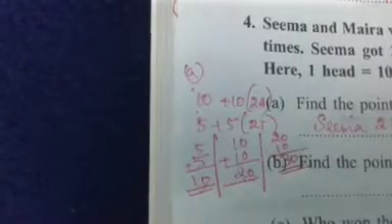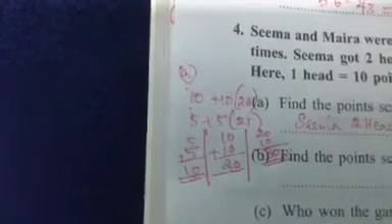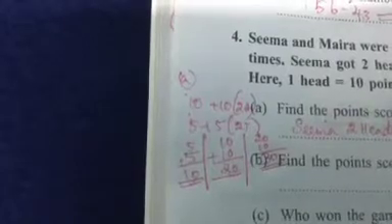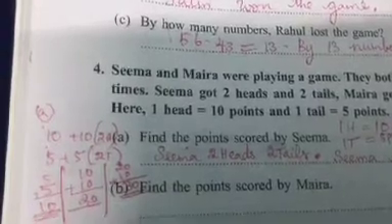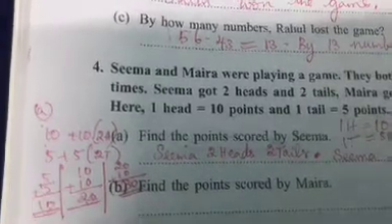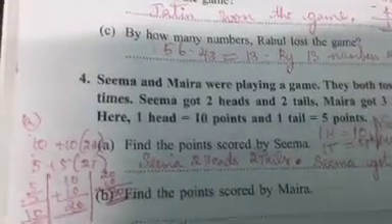Okay, here this is a problem. 10 plus 10 is 2 head. 5 plus 5 is 2 tail. So now in down I did the steps of the sum. Okay, 5 plus 5, 10, 10 plus 10, 20. Next you have to total the answer. Okay, 20 plus 10, 30. Do you get it, children? Take a pencil and write. Okay, write neatly, ma'am. The other way, you can also do it in rough note. Okay, you do the rough work in the rough note.